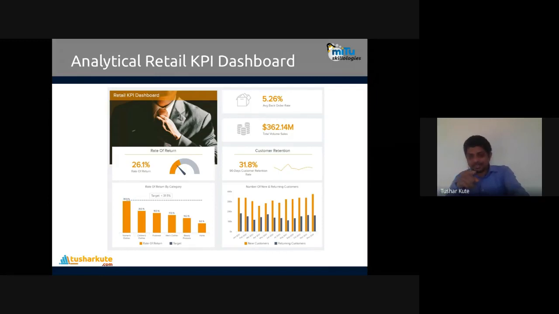And see the rate of return by category. Target 31%.